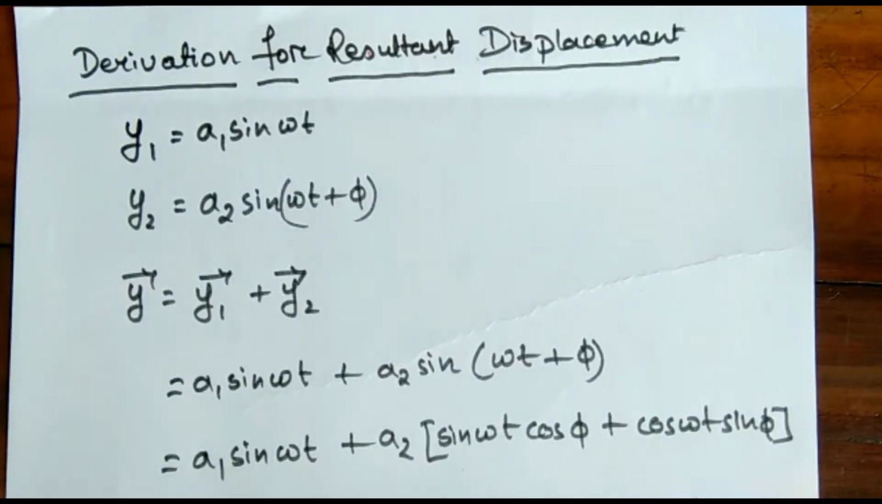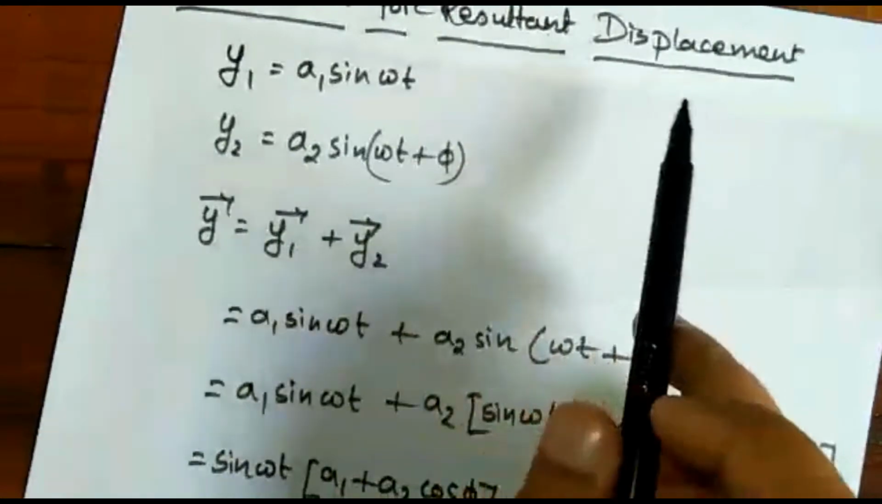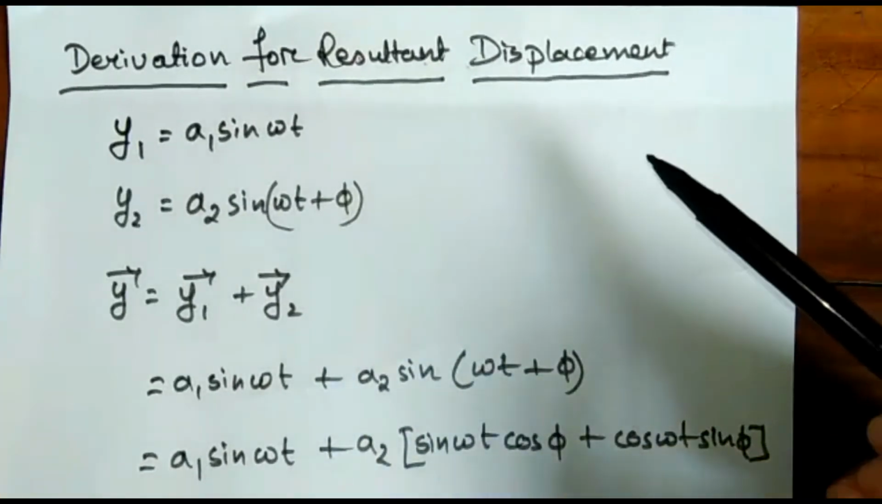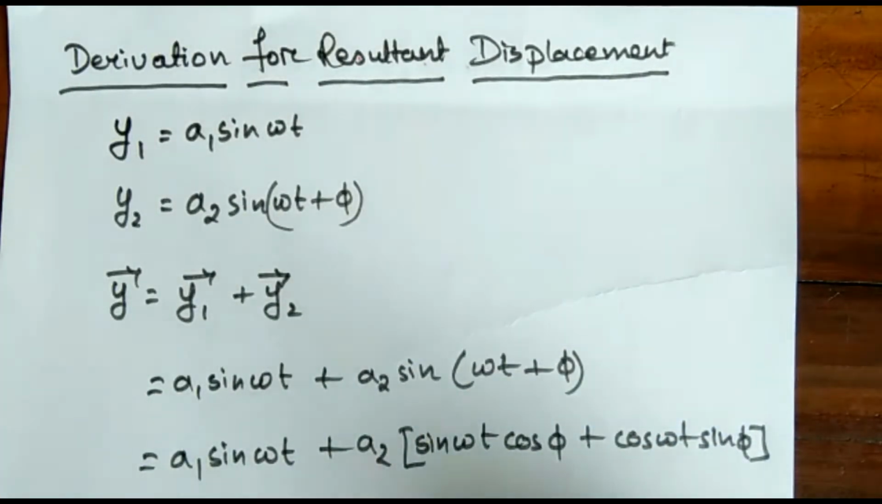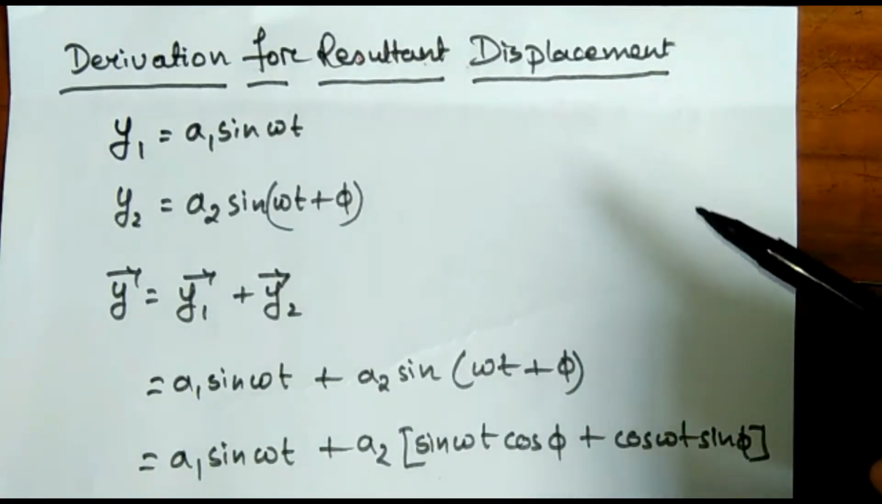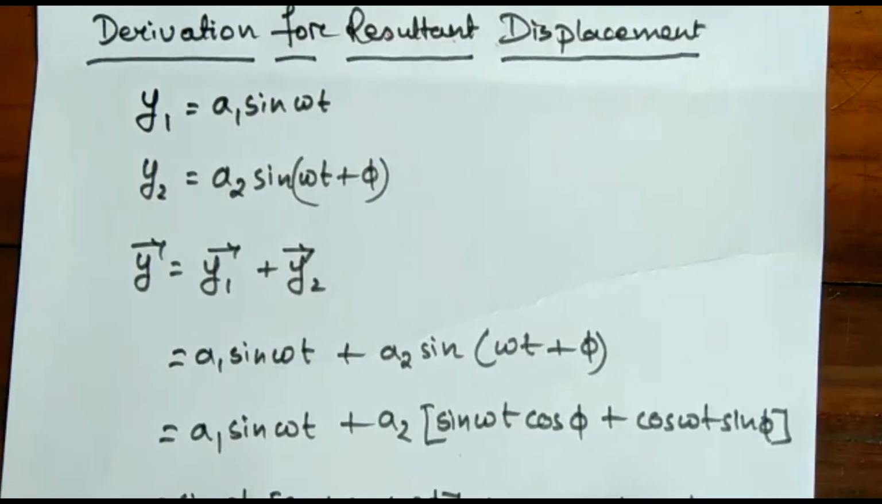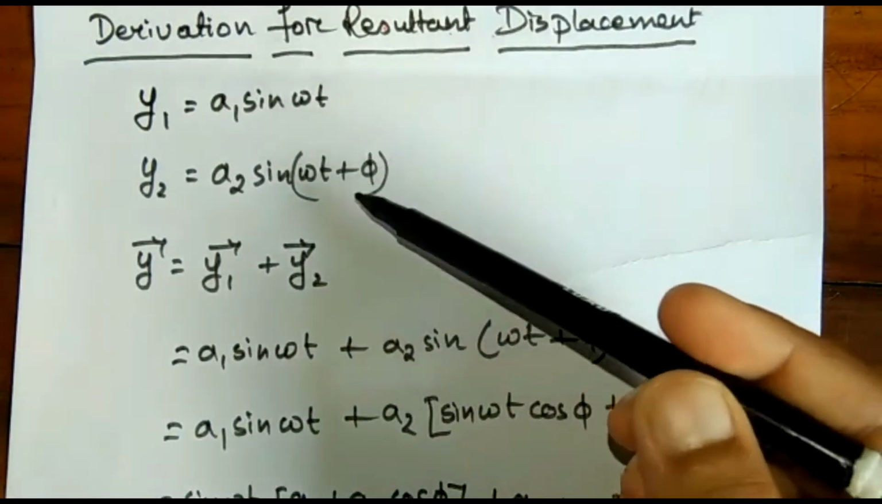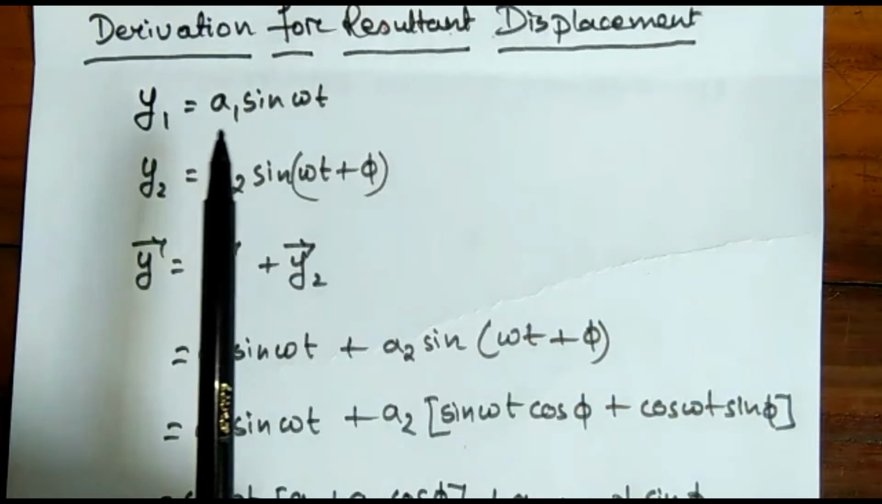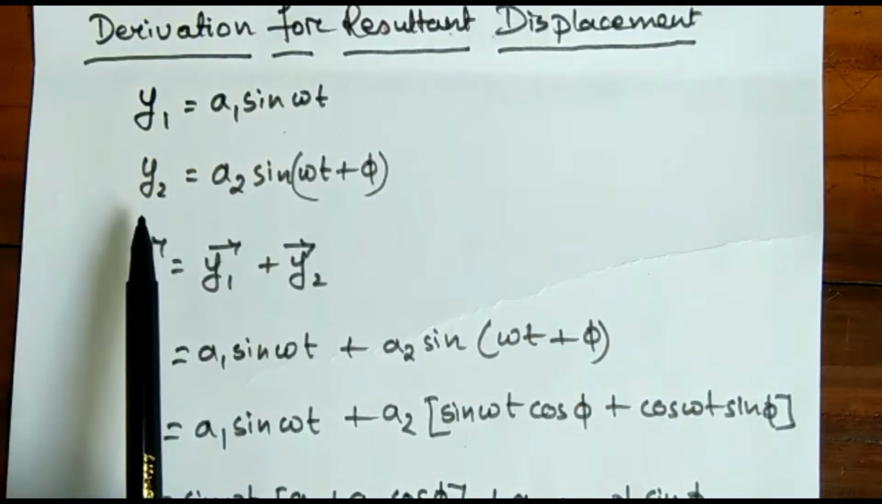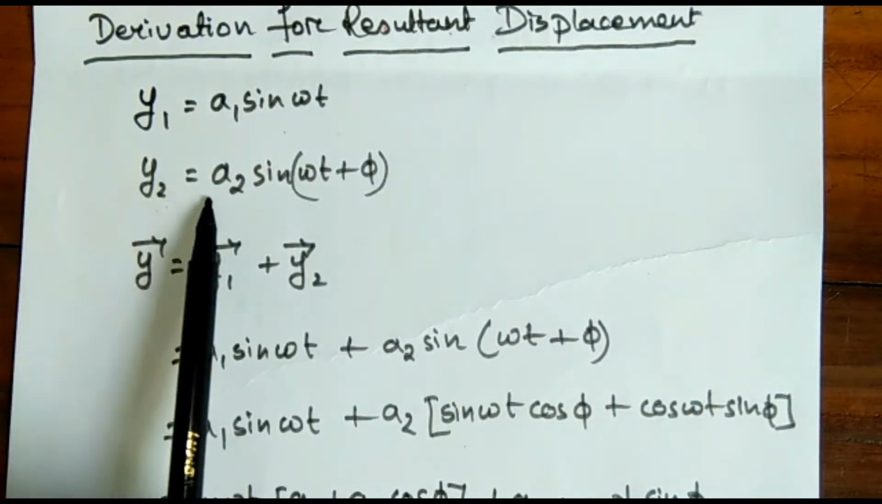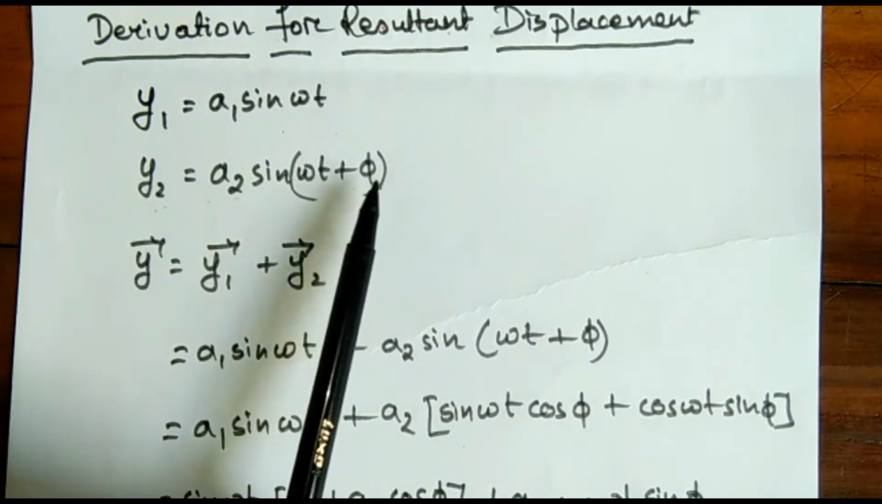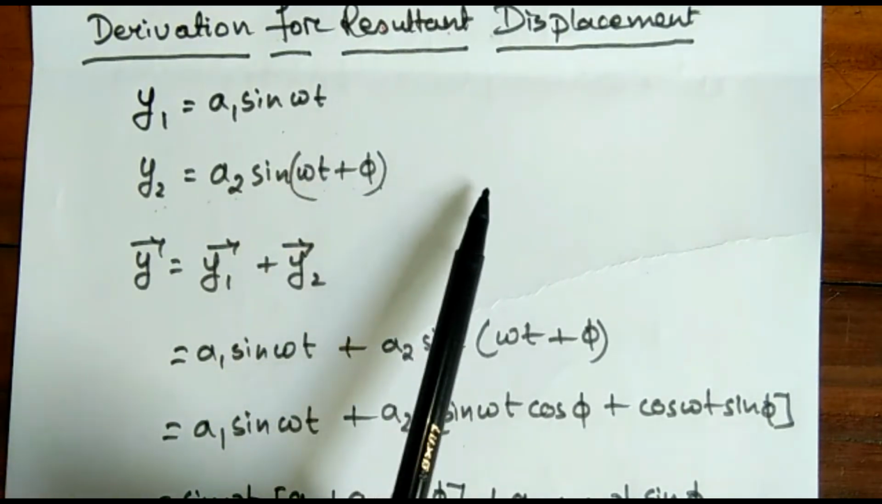Now we will see the derivation for resultant displacement. The resultant displacement, that is the capital Y, we told earlier. We just took that capital Y as assumption. But now we will see mathematically how we can derive it. You know the wave equation. So for the first wave, the wave equation is y1 equals a1 sine omega t, and for the second wave it is y2 equals a2 sine (omega t plus phi). Omega t plus phi is the phase,